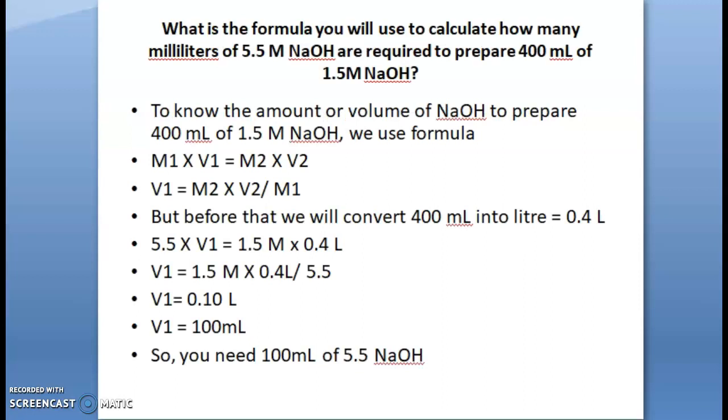Now, what formula will you use to calculate how many milliliters of 5.5 molar NaOH are required to prepare 400 ml of 1.5 molar NaOH? This is very simple. One of the volumes is not given to you. Another volume and molarity is